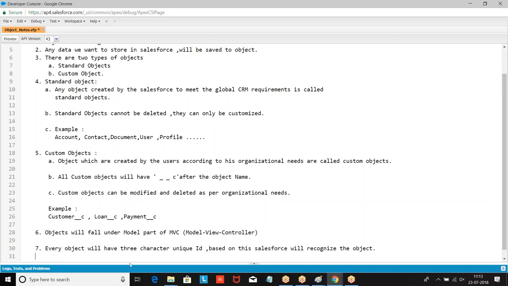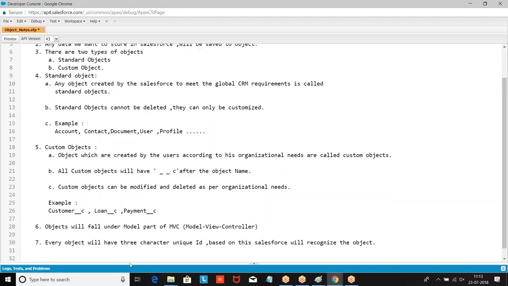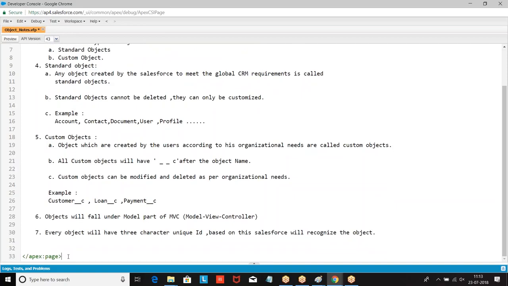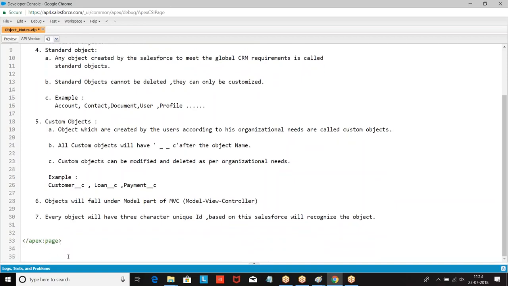Let it be a standard object or a custom object, it doesn't matter, every object will have a 3-character ID.